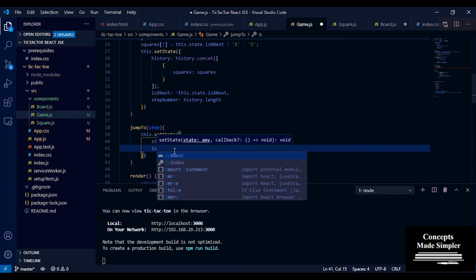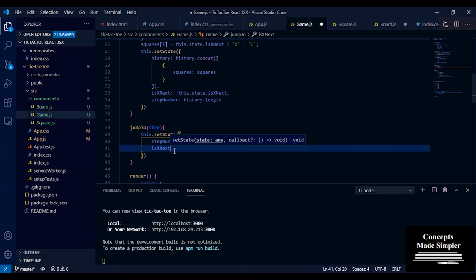and xIsNext. How do we know what was x in the 5th state?